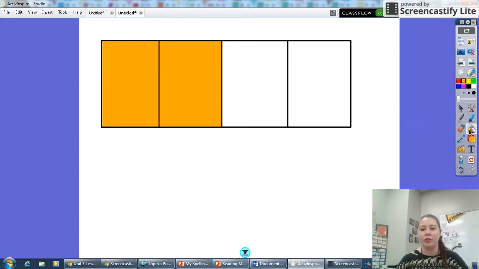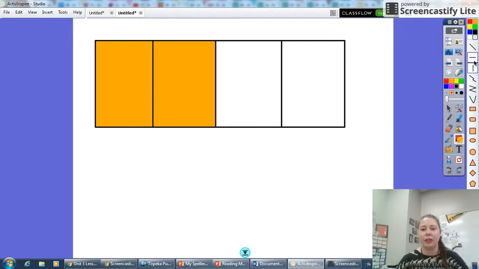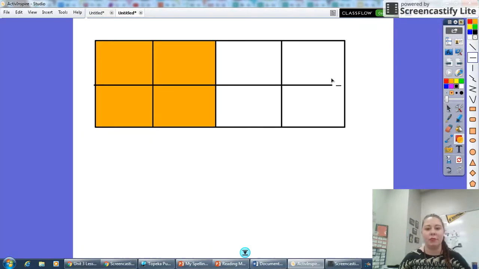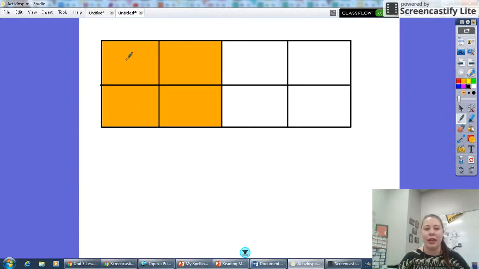I have my 2/4. What if I took that, I have my 2/4 still, and I divided my whole tape diagram in half? So now I have 8 pieces. The fraction has changed just a little bit because now each of these pieces is not worth 1/4. Each box is worth 1/8 because there's one shaded out of 8 total pieces. So 1/8, 1/8, and 1/8. So my total amount that I have shaded now is